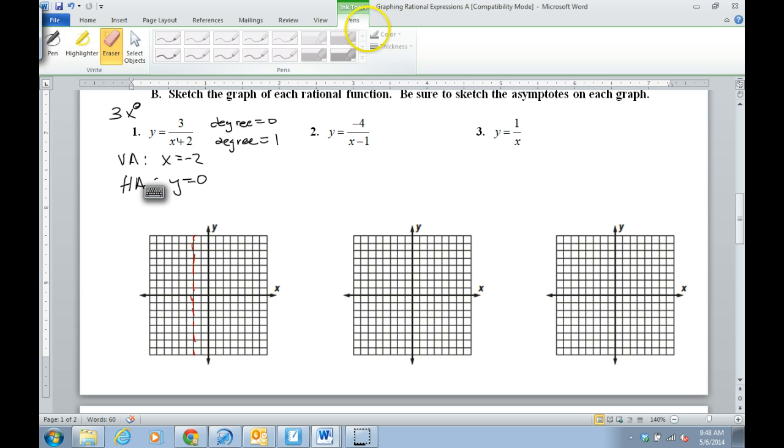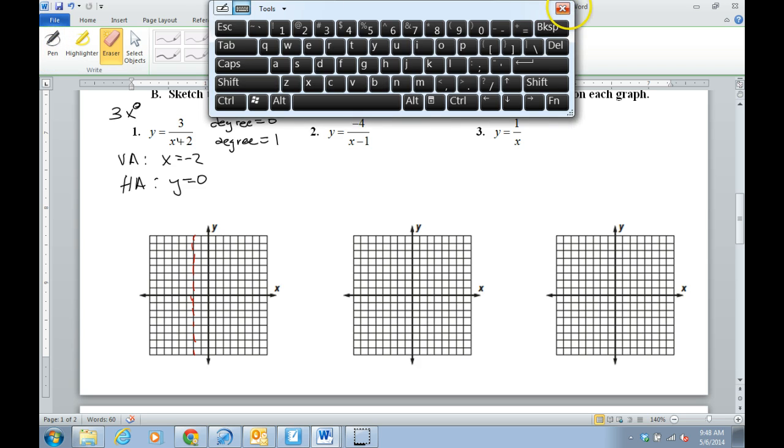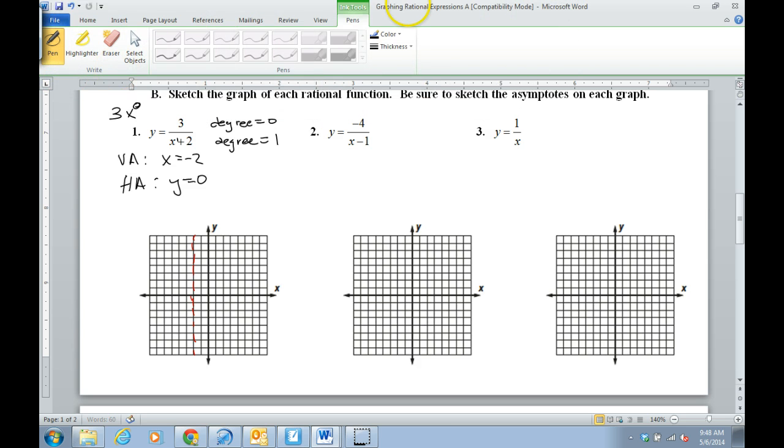All right, so what I want to do now is put in my horizontal asymptote, which happens to be at 0, so I'm going to put that in right here. Okay? So we want to now find the intercepts for this one. So if I put in 0 equals 3 over x plus 2 to find my x-intercepts,